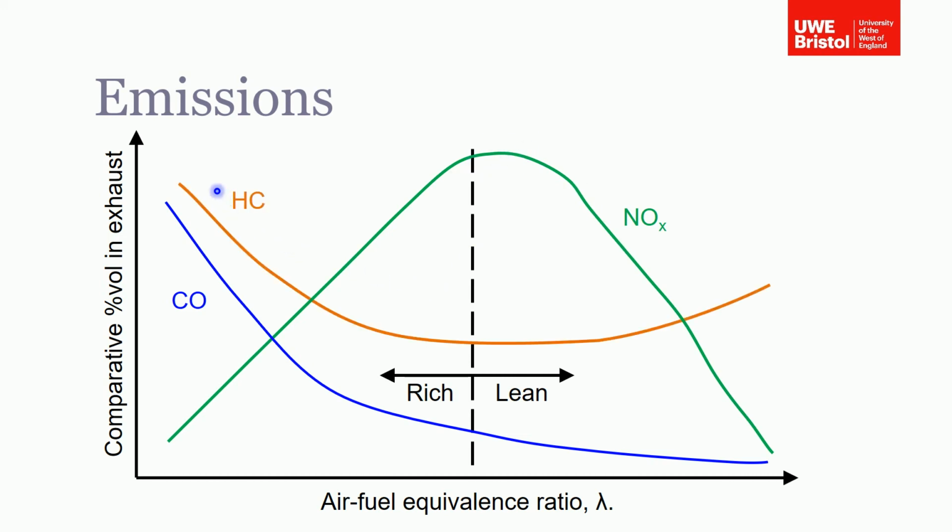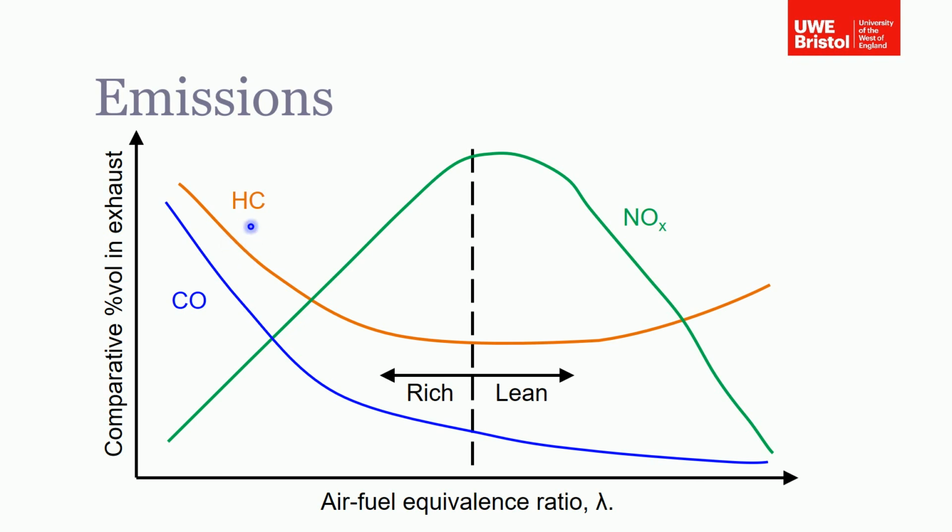The unburned hydrocarbons, I think I mentioned this in the combustion lecture as well, but I'll also talk about it here for completeness. And essentially this is linked to flame temperature as well. So imagine around stoichiometry, that's where you've got your minimum unburnt hydrocarbons and your maximum fuel economy. Then as you go either side of here, the same thing is happening. So you can understand as you're going rich, you'd increase your unburnt hydrocarbons